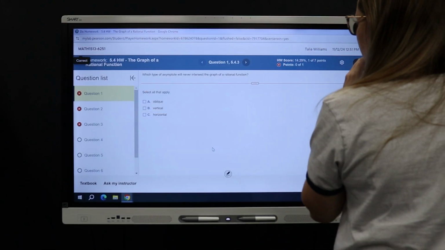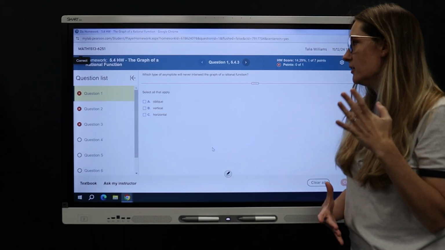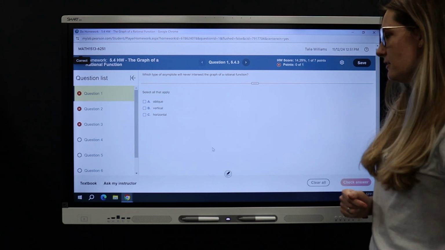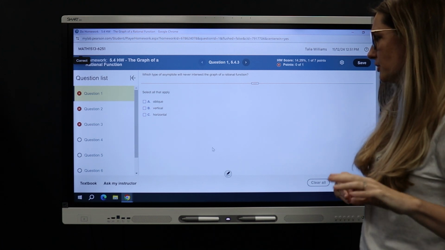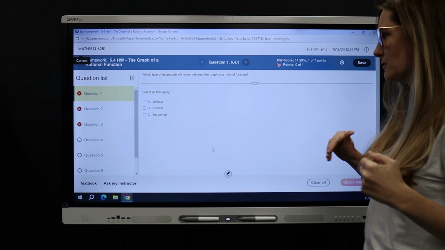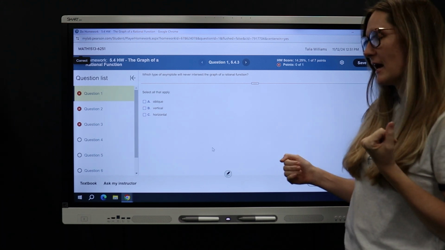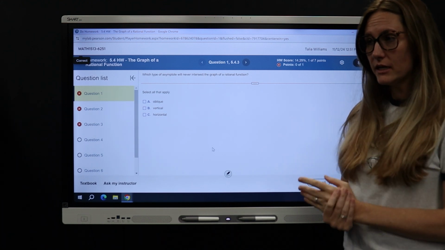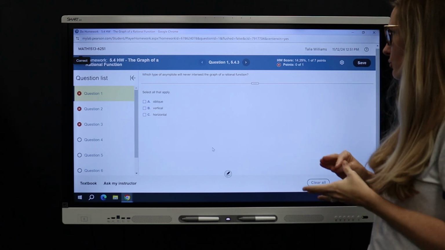Hello everyone, we're going to be going over the graph of a rational function today. The first three problems are just simple one-part problems. The last three problems have 13 parts each. That's why this is such a short